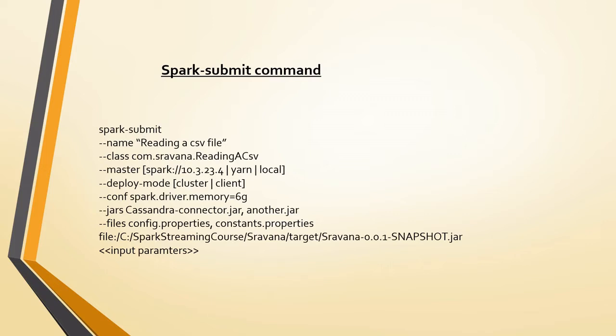So in the Spark submit, we have spark-submit, that is the command that we have to use, and then name is the name of the Spark job you want to see in the cluster, because in the Spark UI there will be hundreds of jobs running. This name is the identifier to identify your job, okay? So that name you will be giving, and whatever name you have set in the job will be overwritten by whatever name you pass in the Spark submit command.